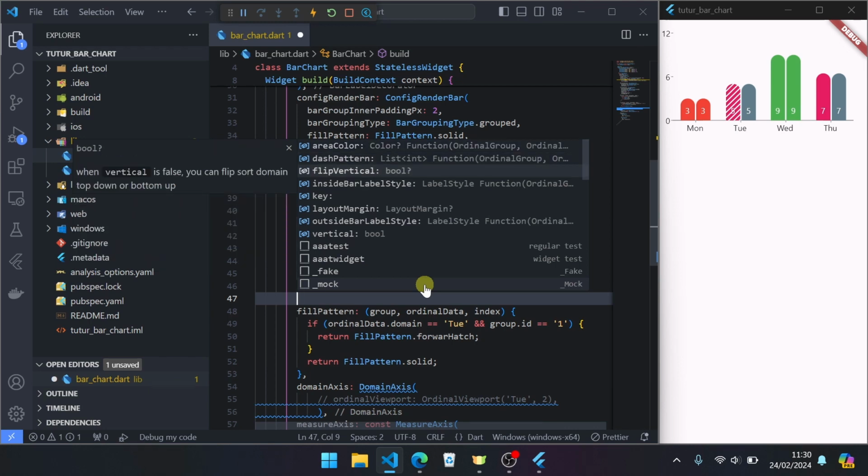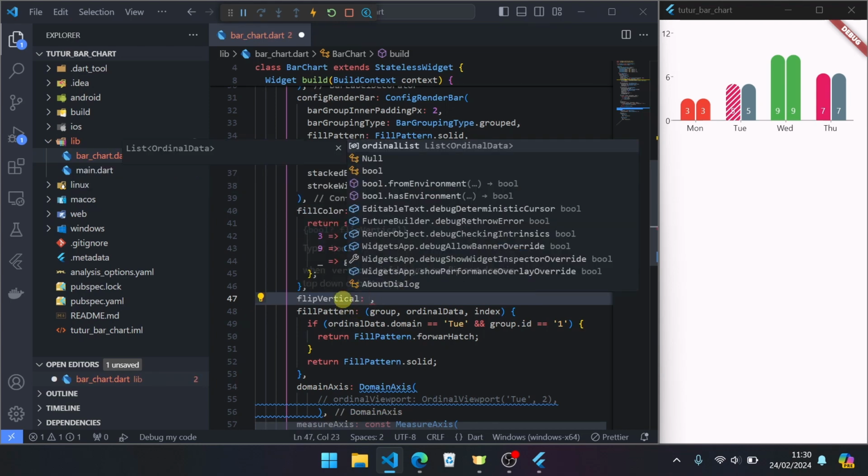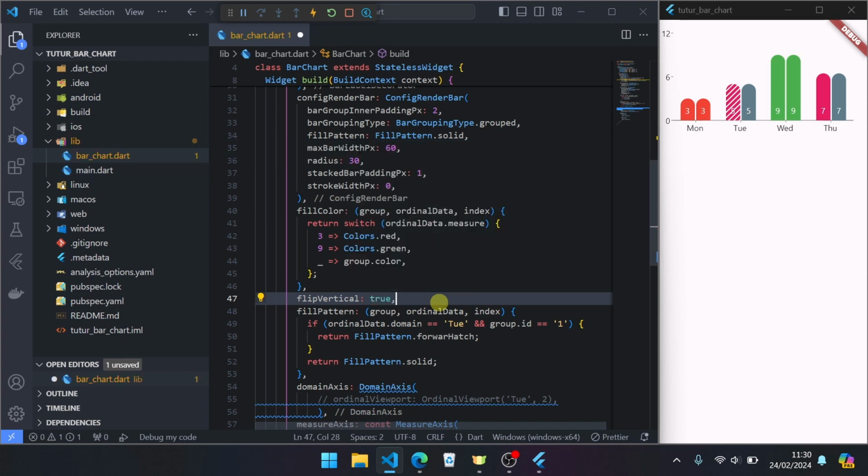Next, flip vertical. When flip vertical is false, you can flip sort domain top down or bottom up. If you set true, restart again.